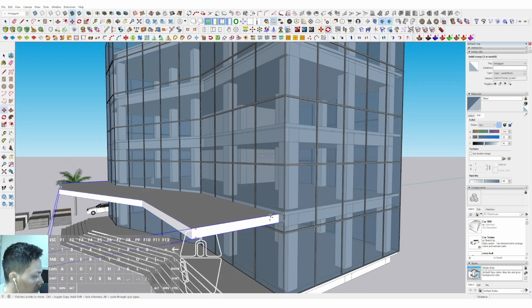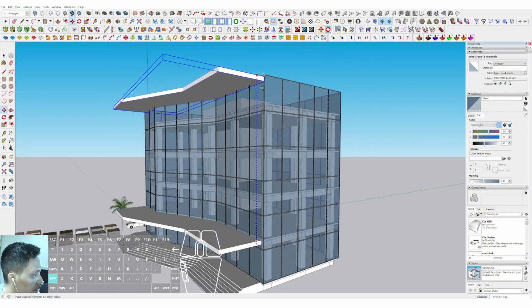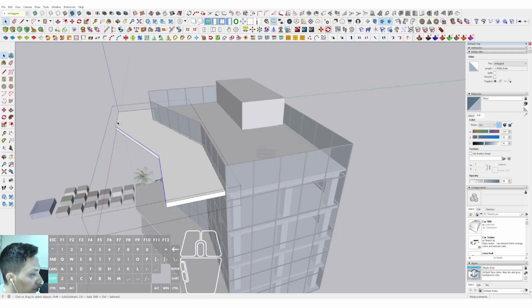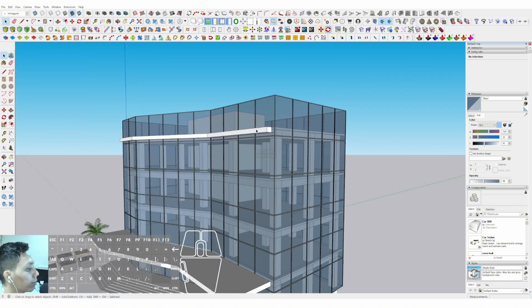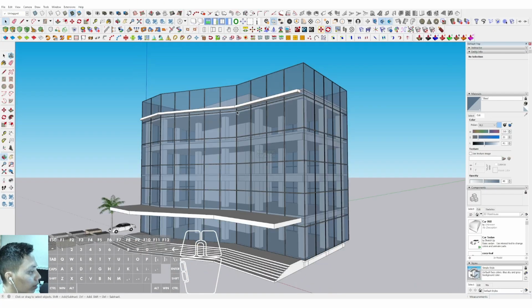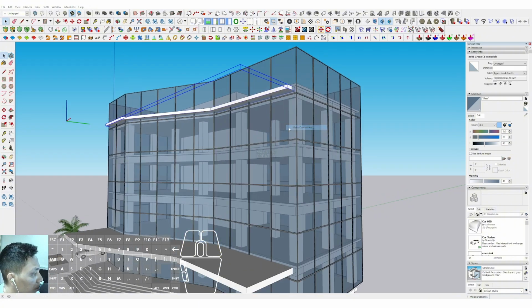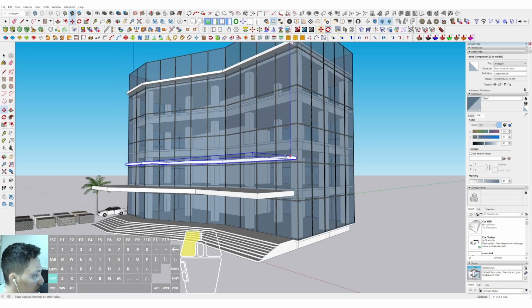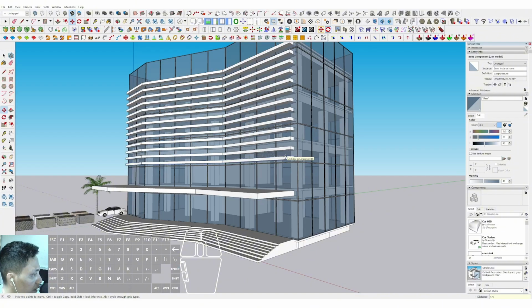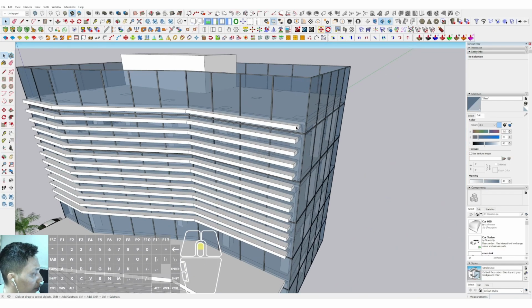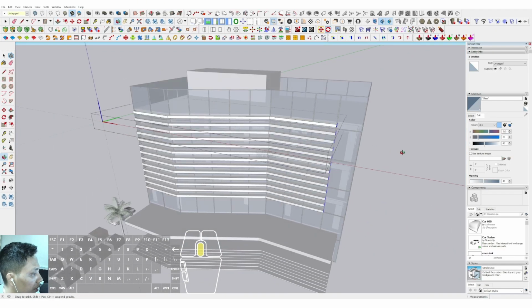Then we can select move, tab control, and place to the position in here. Okay, and after that we can make component and create. Select move, tab control, and also place. Then we can type 12 slash and enter in here to make the another shading in here. Okay, we can make the little shading